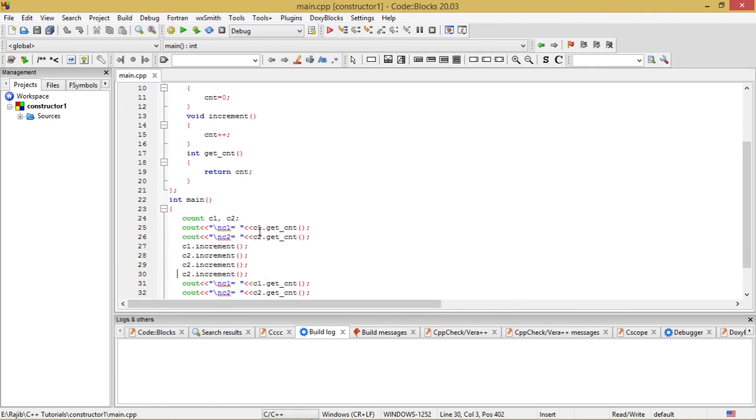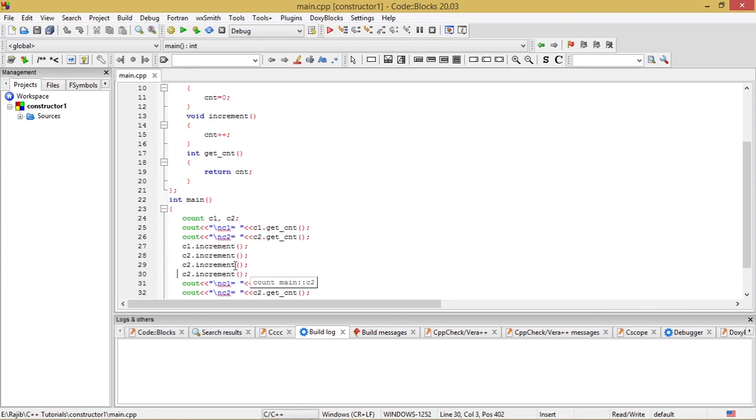For these two lines, the output will be C1 is equal to 0, C2 is equal to 0, and for this line we will definitely get C1 is equal to 1, and for C2, for this cout C2 is equal to C2.getCount, we will get an output of C2 is equal to 3.